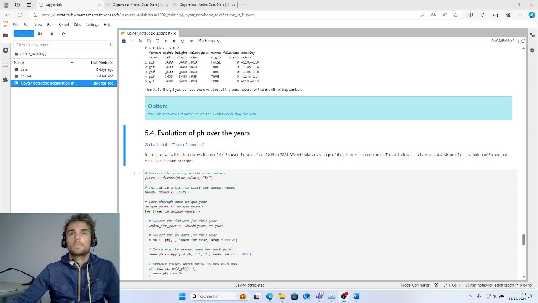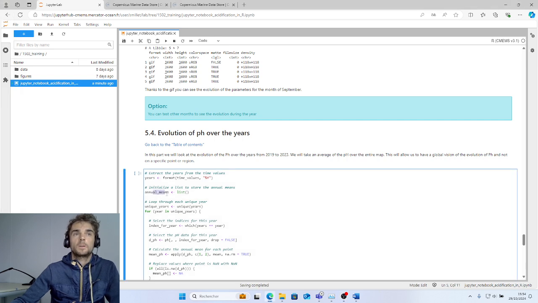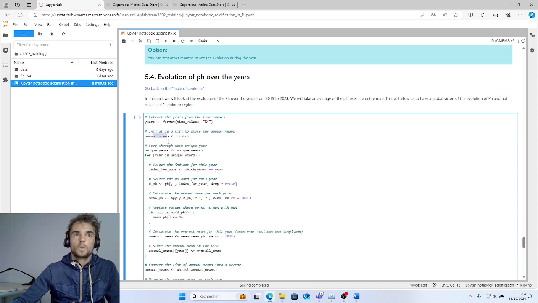This will allow us to have a global vision of evolution of pH and not on a specific point or region. First, we extract the year from the time value. We initialize a list to store annual means.